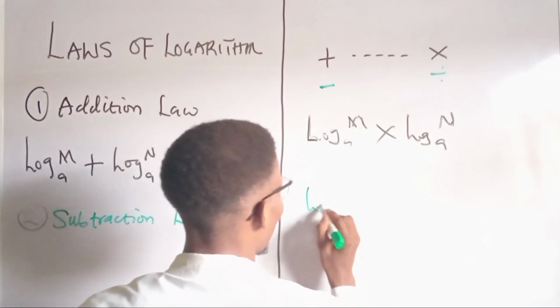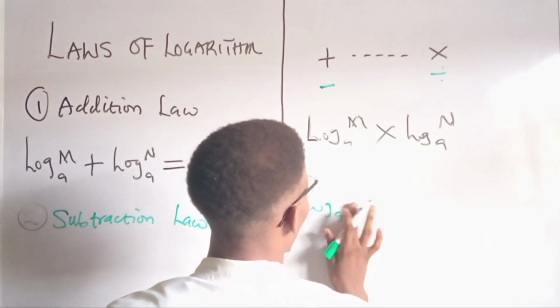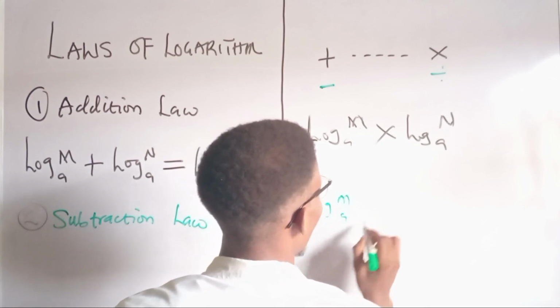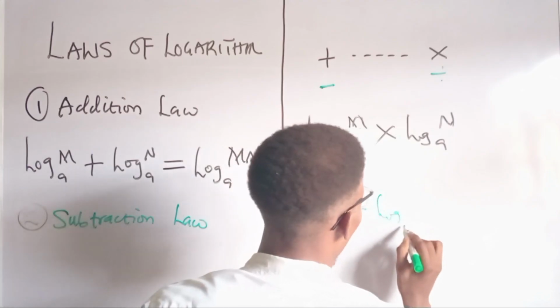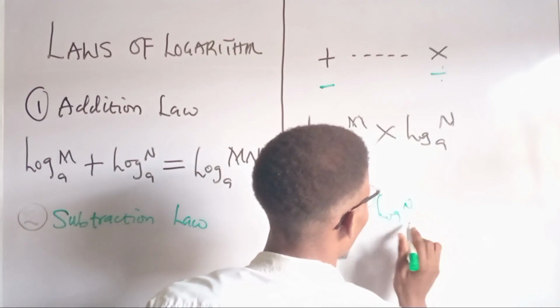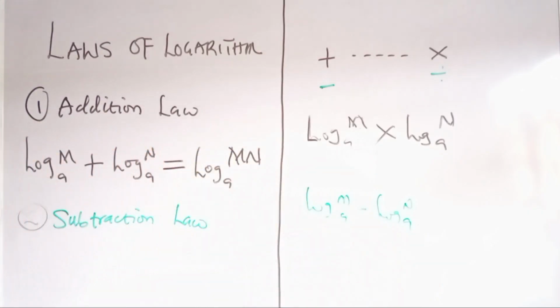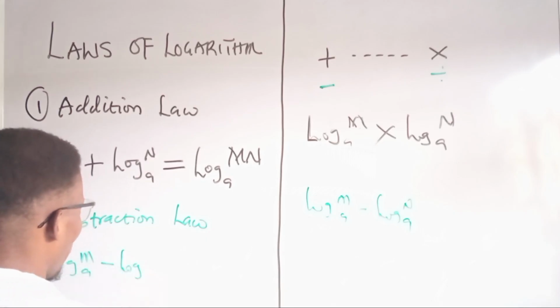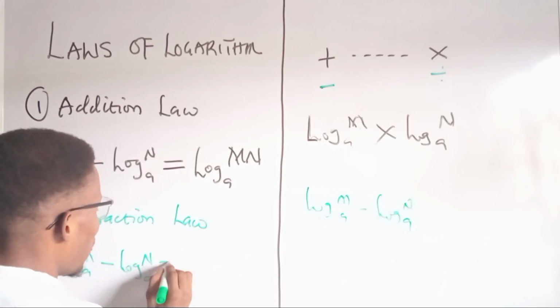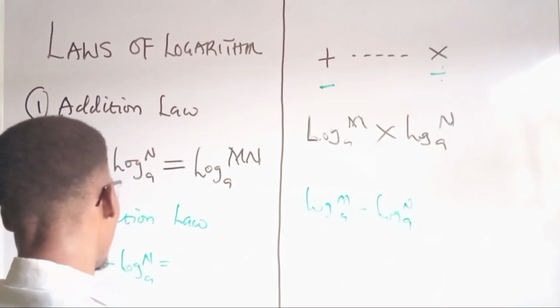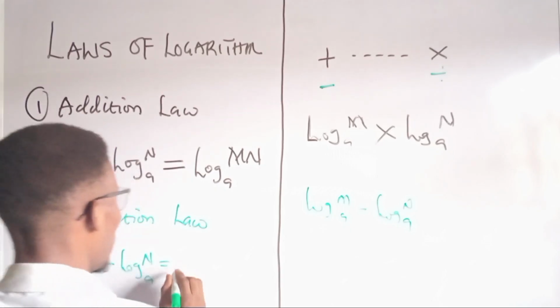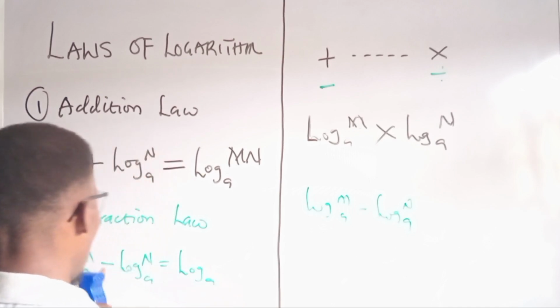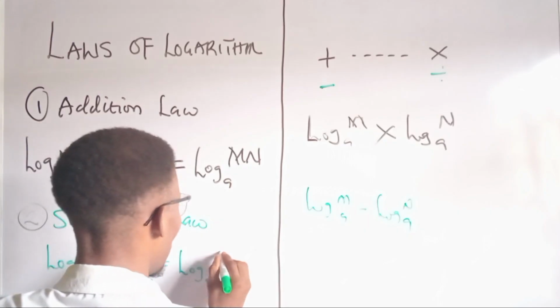Let's say we have log of m to base a minus log of n to base a. When we have something like this, we need to apply the subtraction law of logarithm, which means having log of m to base a minus log of n to base a will give us, so we should collect one of the base, which is log of a, then this power is going to